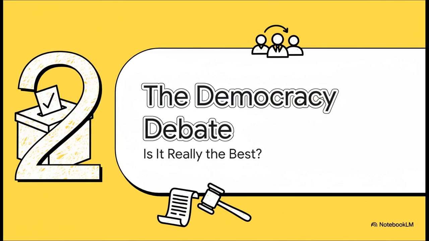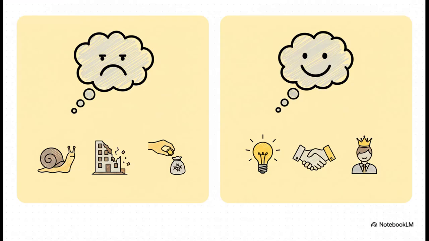But that brings us to the next big question in your chapter, and this one is a classic exam question, mind you. Is democracy actually the best form of government? Let's get into the debate. So, let's put them head to head. In one corner, we have the arguments against democracy. People say it leads to instability, delays, corruption. And in the other corner, we have the arguments for democracy, that it's more accountable, makes better decisions, and gives dignity to people. Let's break this down.